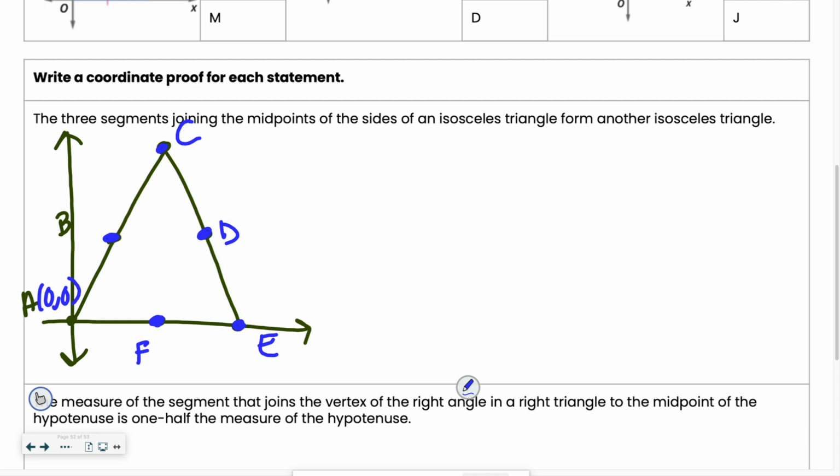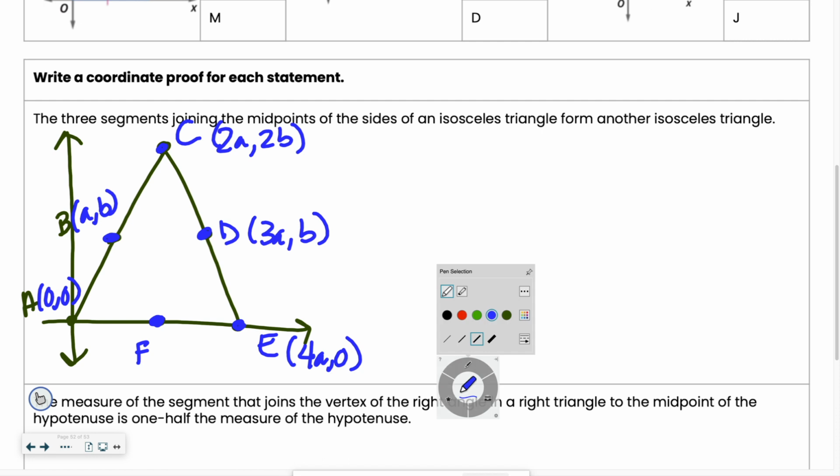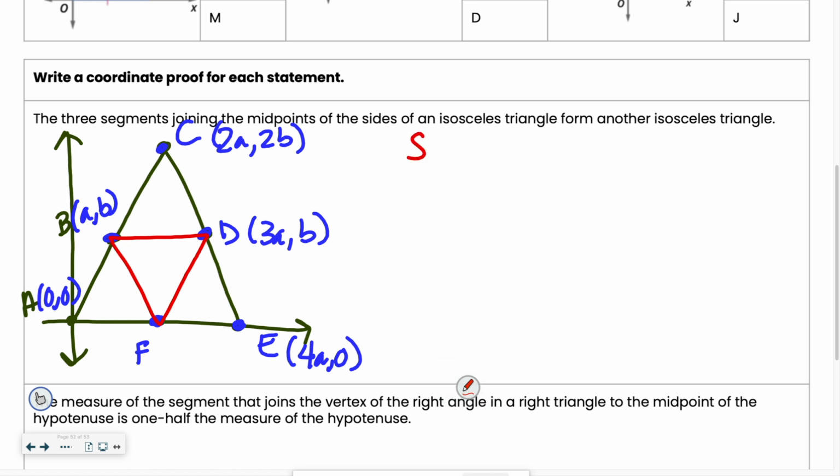Okay, so we said A was 0, 0. B was A, comma B, C, 2A, 2B, D, 3A, B, and E, 4A, 0. So if you read what it's trying to ask us to do, the three segments joining the midpoints of the sides of an isosceles triangle form another isosceles triangle. So we have our three midpoints, and it's creating this triangle here, and we want to show, I write this down, we want to show a triangle, let's see, BDF